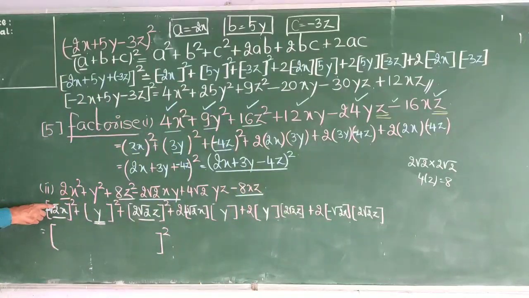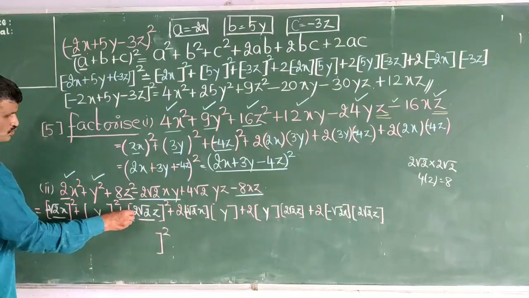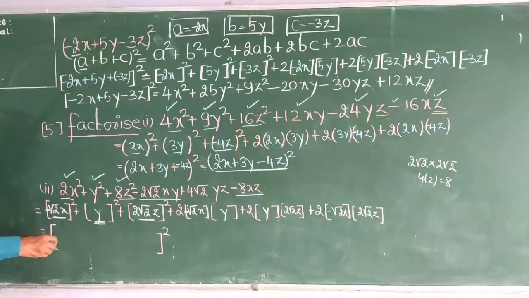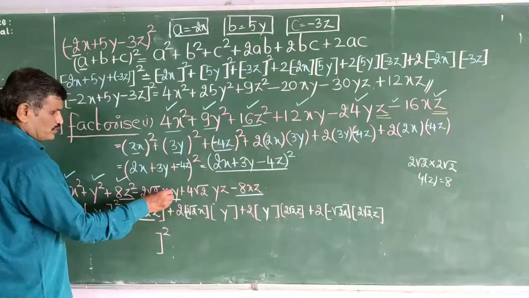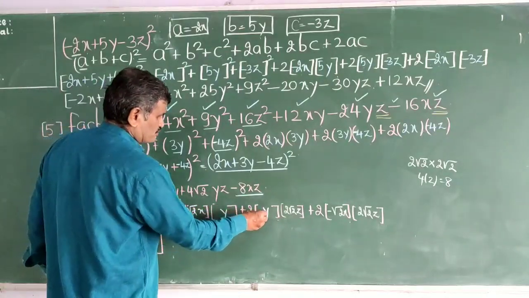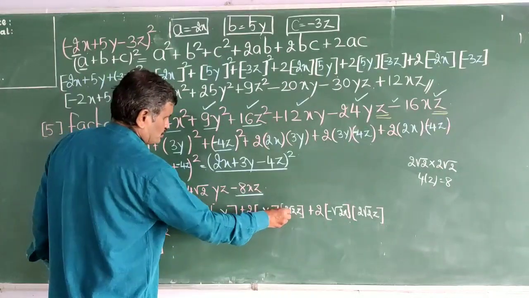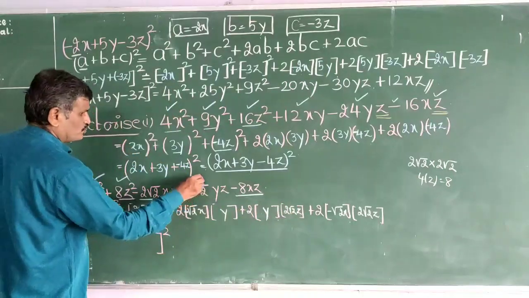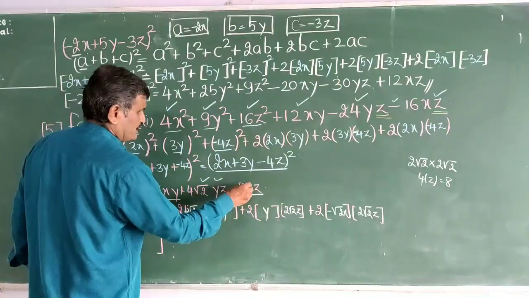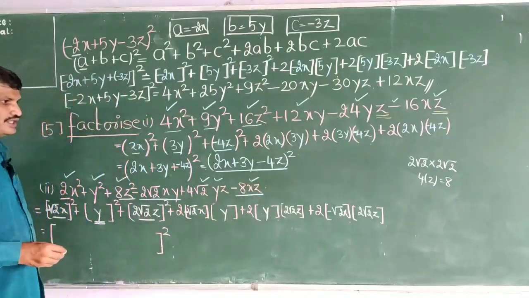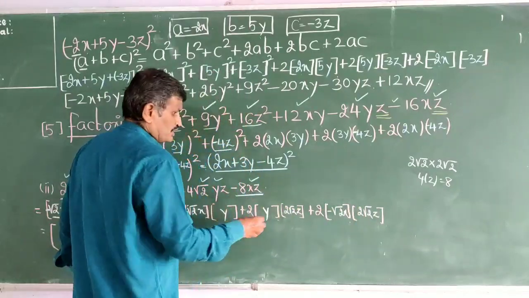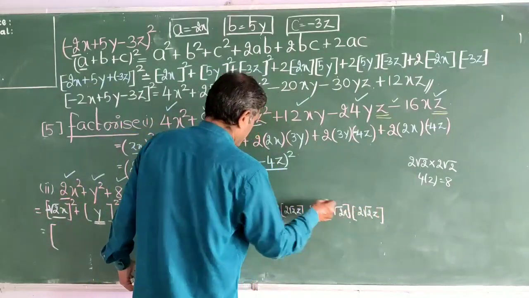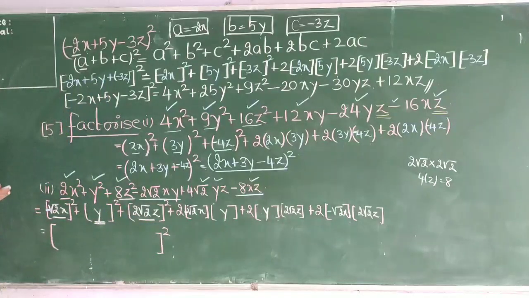Now you expand it. Root 2x whole square is 2x square. Y whole square is y square. 2 root 2 z whole square is 8z square. And this plus of minus is minus. 2 into root 2 into xy is 2 root 2 xy. Then here again plus of plus is plus. So 2 into 2 is 4 and 4 into root 2 is 4 root 2 yz. Minus 8xz: plus of minus is minus and minus of plus is minus, and 2 2s are 4, 4 into 2 is 8, 8xz. So fine, I got this one.